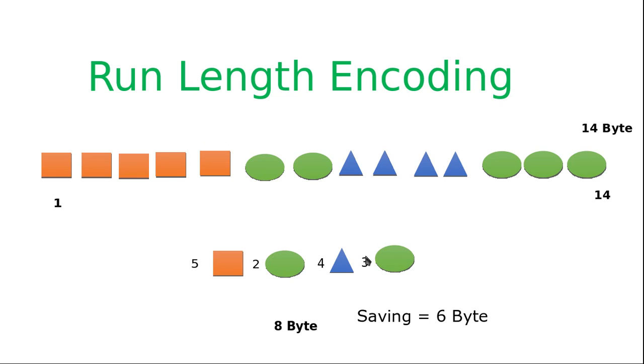Now at decoding time, when someone encounters a 5 and then a square, the decoder will just recreate those 5 squares exactly. So you do not need to transfer or store the information 5 different times for the square. You share or store the information about the square one time, and you just tell it to recreate it 5 times at the decoding place. That's how you are saving the information. Let's try to understand with another example.